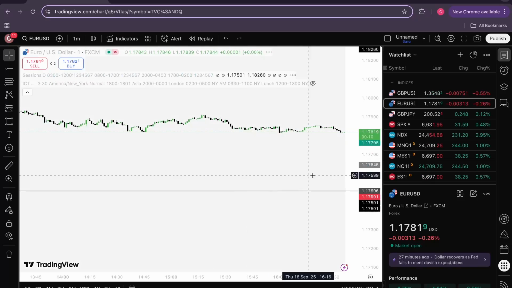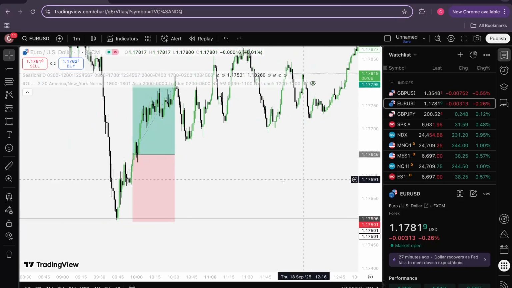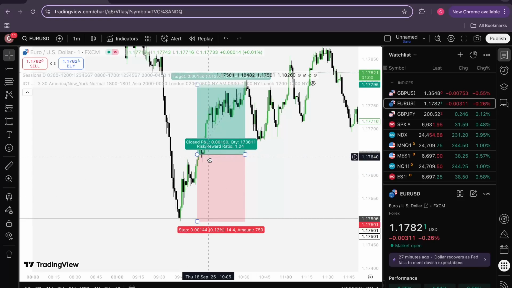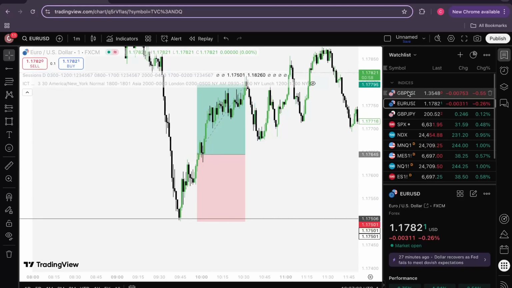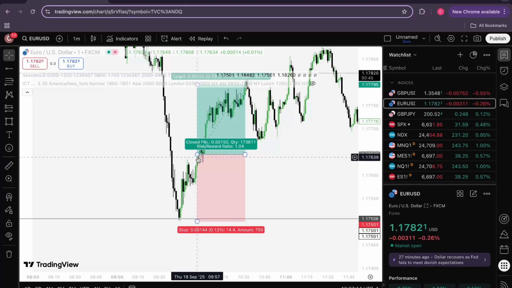Look on the 1 minute. I actually sniped this. Boom. Look at that touch. And as soon as that happened, price just reacts the other way. And I didn't see that on the GU. That's why I was taking shorts. But this huge candle up here, at this point I'm still in my GU position. Otherwise, I probably would have entered off of this candle. But I exited my GU, got in just here.